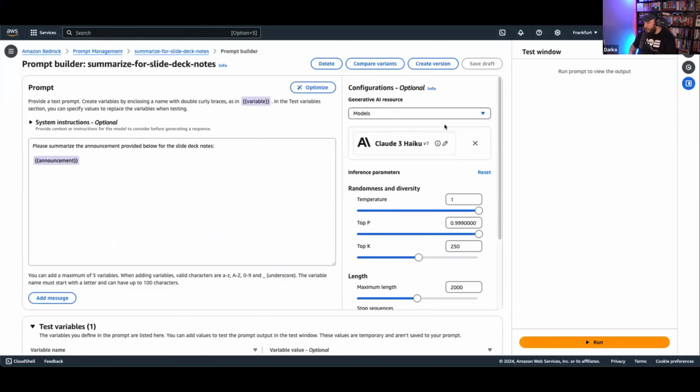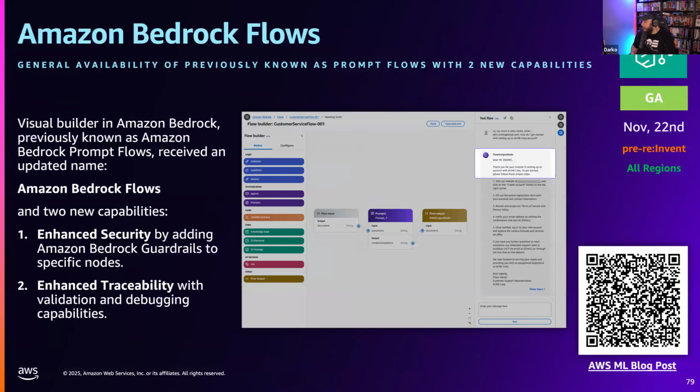And there's the demo. I already showed you the demo, so I don't have to go through it. Bedrock Flows. It's now generally available. It used to be called Prompt Flows in the past. Amazon Bedrock Prompt Flows, and we changed the name now to Bedrock Flows. Basically, it's a visual builder in Amazon Bedrock that gives you the ability to build this whole flow of a service, right? Once the input comes in, it goes to this specific prompt, and then the output from that result goes to a different prompt, right? If you want to chain multiple different things together, it is a really cool way to do it.